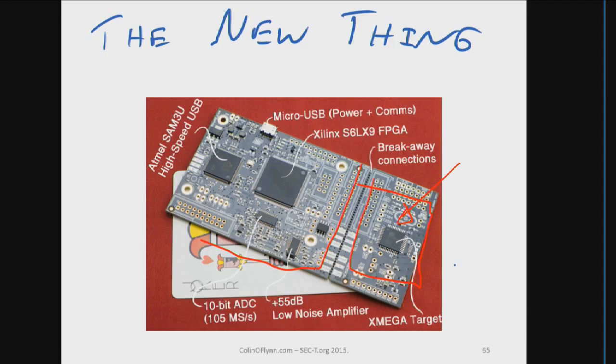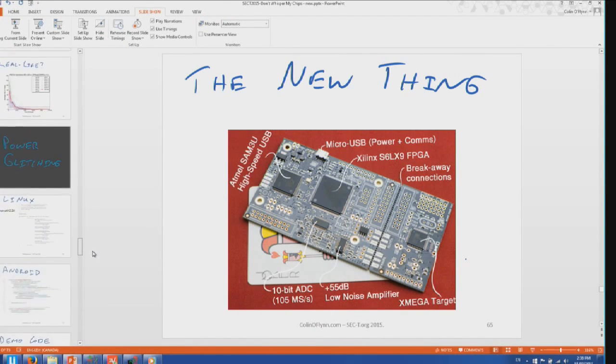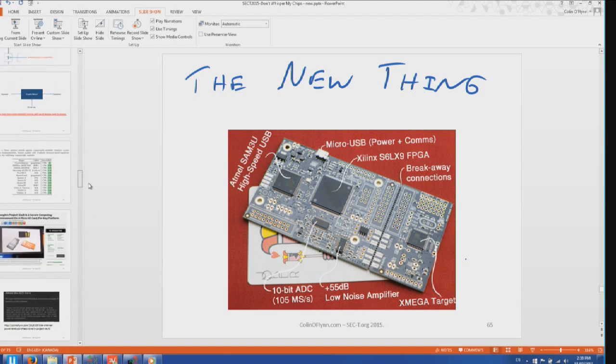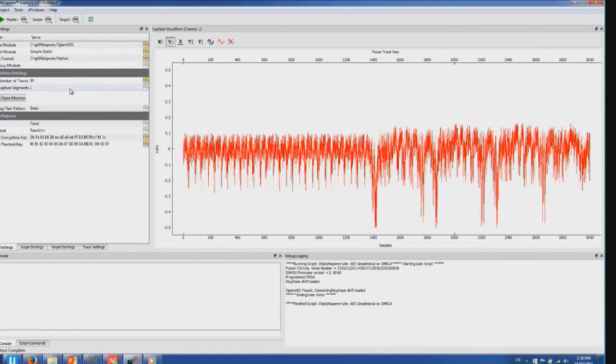The other half of the board actually does the physical power measurement, so it has an ADC and amplifier and stuff like that to perform this power measurement, and then downloads it to the computer via a USB microcontroller and FPGA. Okay. So what you're seeing here is